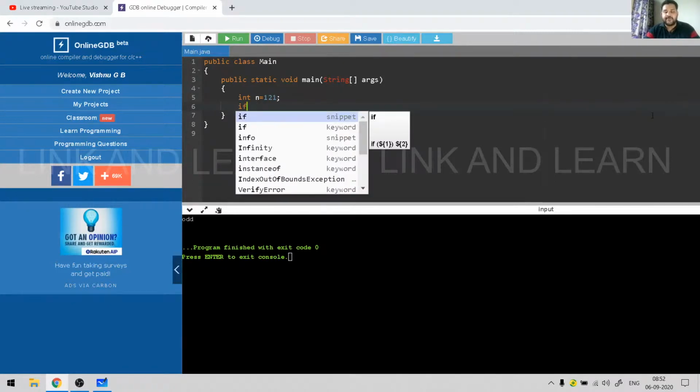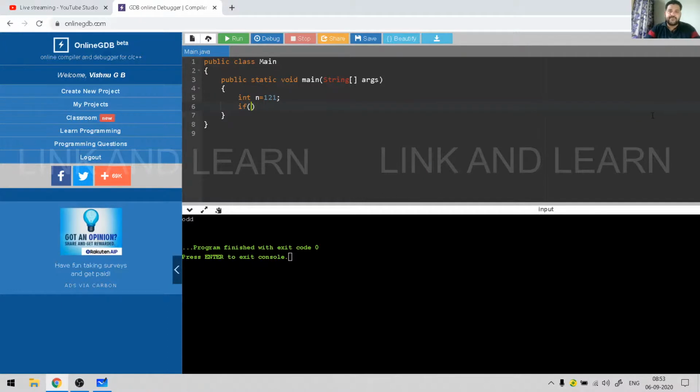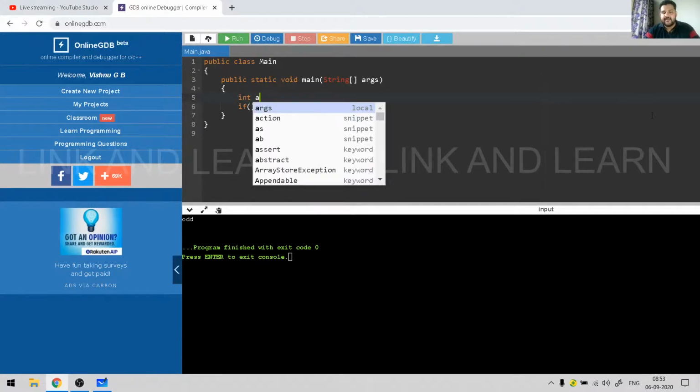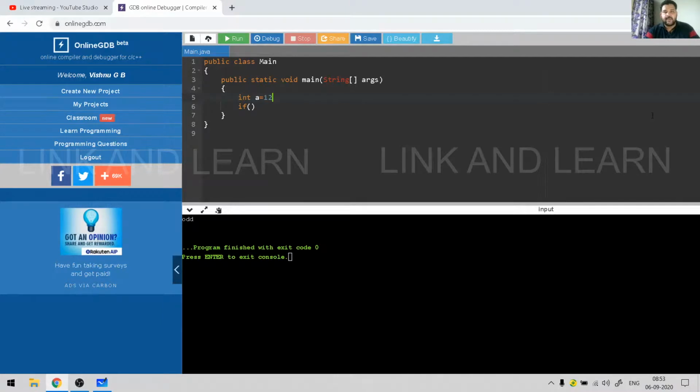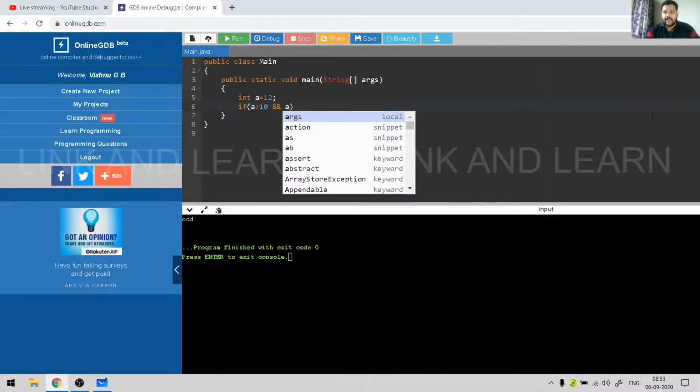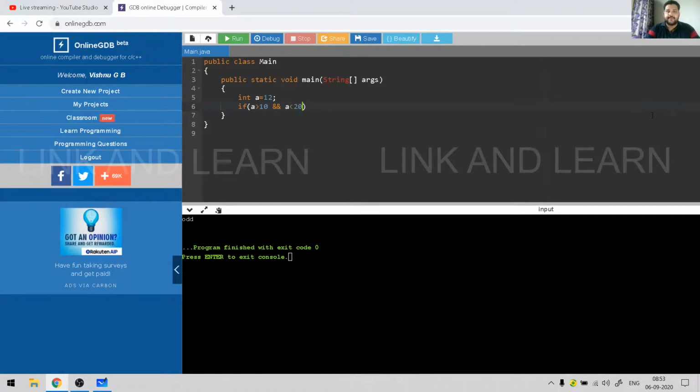I'll show how to use it in an if block. Let's say I have a variable called A and the value is 12. If A greater than 10 and A less than 20, if both the conditions are true,